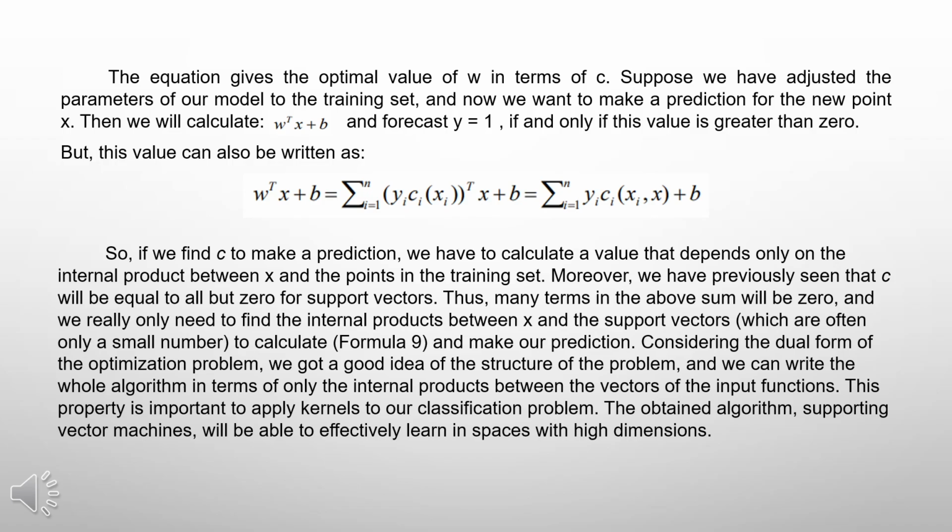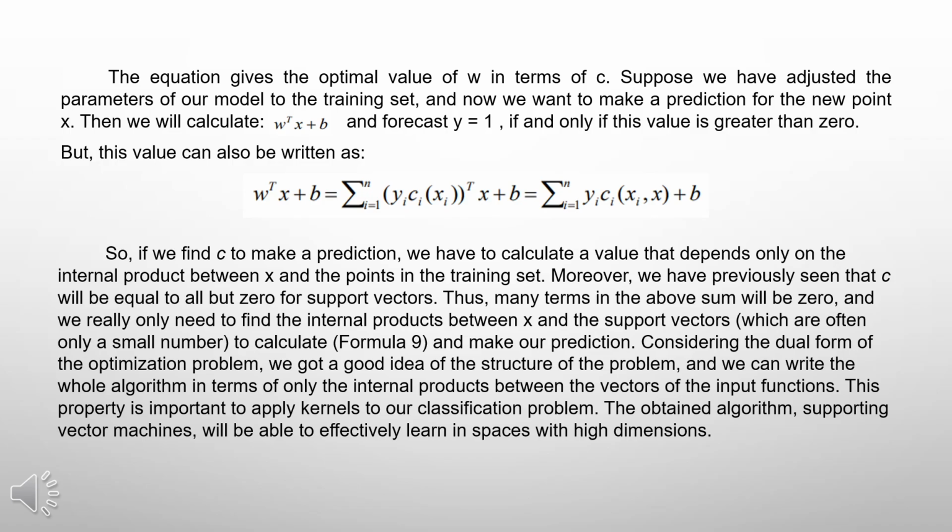So, if we find α to make a prediction, we have to calculate a value that depends only on the inner product between x and the points in the training set. Moreover, we have previously seen that α will be equal to all but 0 for support vectors. Thus, many terms in the above sum will be 0, and we really only need to find the inner products between x and the support vectors, which are often only a small number, to calculate formula 9 and make our